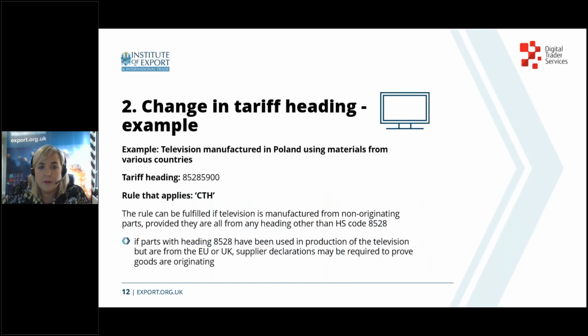So we'll run through an example of how the CTH, or change in tariff classification rule, might be used. We have a television manufactured in Poland using materials from various countries, including countries other than the EU and the UK. The first thing a company would do is identify the commodity code for the television, and you can see it on the screen,